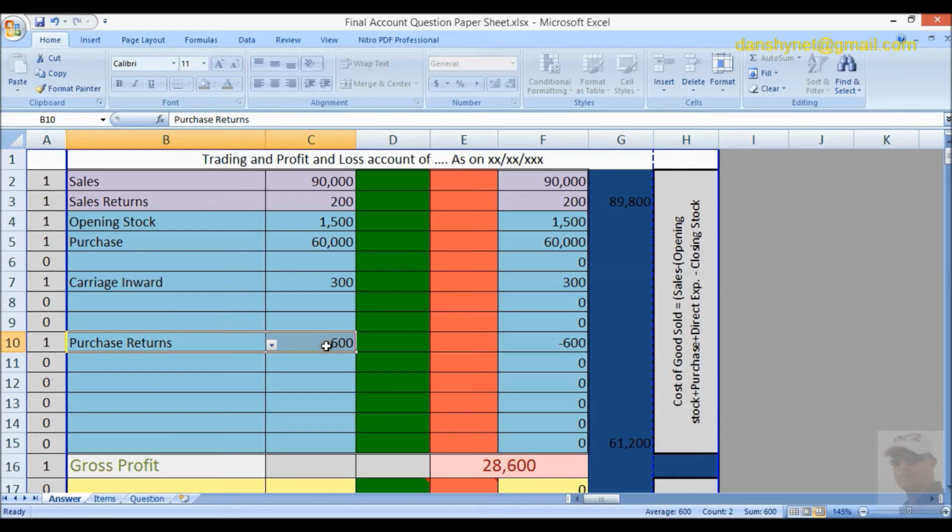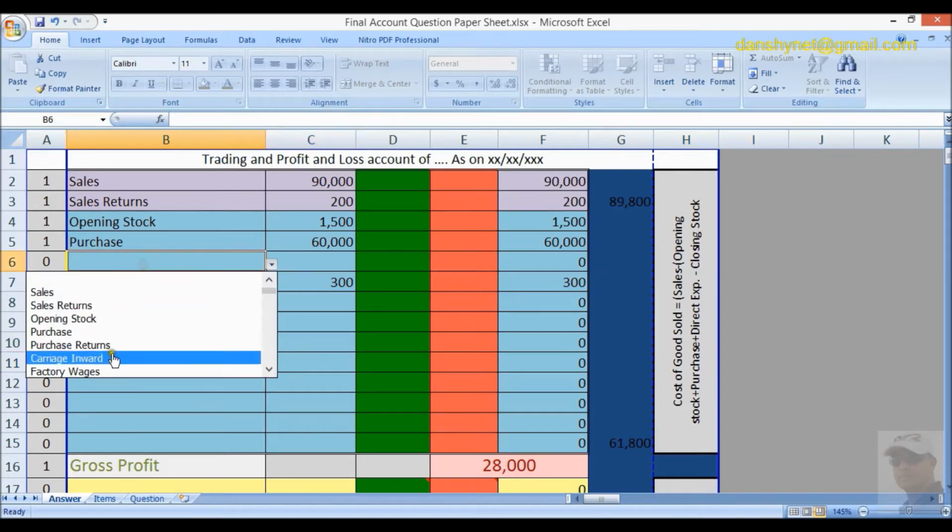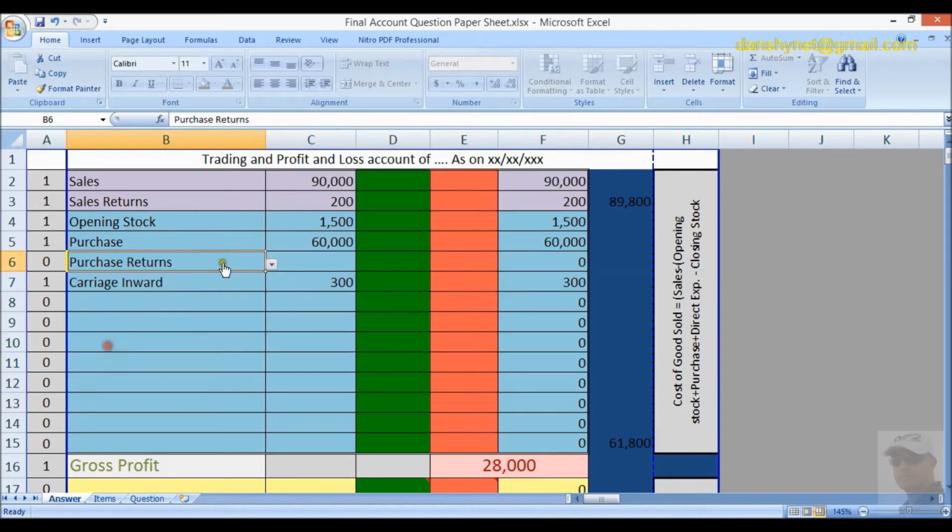So let me enter it in the previous spot, purchase returns 600. That's it. Now we can see that we got a gross profit of 28,600. Here the gross profit appears, and here it is 28,600. Now if you want to make it a gross loss, you can increase the purchase here. You can make it some 90,000. Definitely it will fall into a gross loss of 1,400. Okay, so